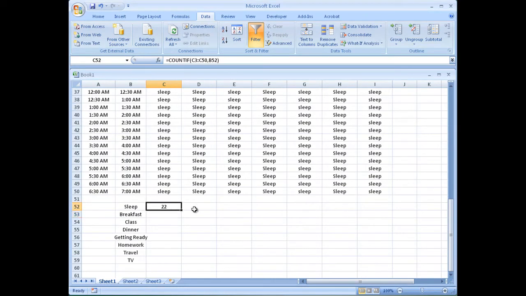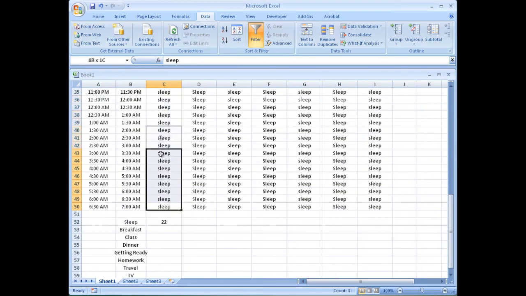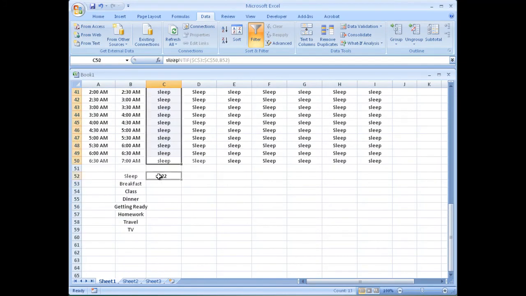So once you have one set up, I would recommend you go ahead, click on the range and click F4. By doing this, we are making this Monday range constant for this whole column. So I'm going to go ahead, click this and drag it down. As I drag it down, as you can see, there's only one time a person can have breakfast, I guess, so there's one instance, and there's about 2 hours of